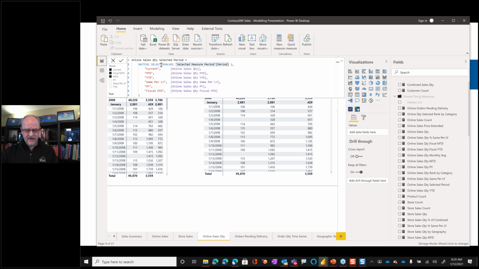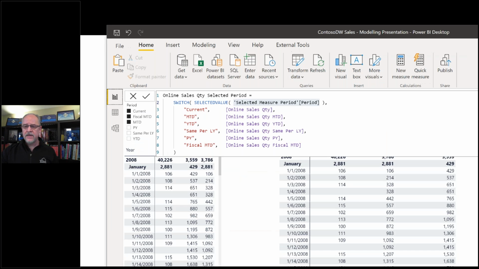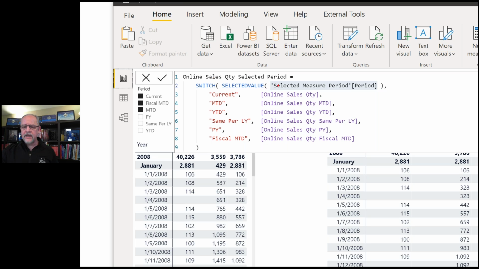So I use the selected value function right here to essentially say, if there is a single value in context, what is it? If it's current, then return the online sales quantity. If it's month to date, then we're just playing a shell game with those measures that we've already created.